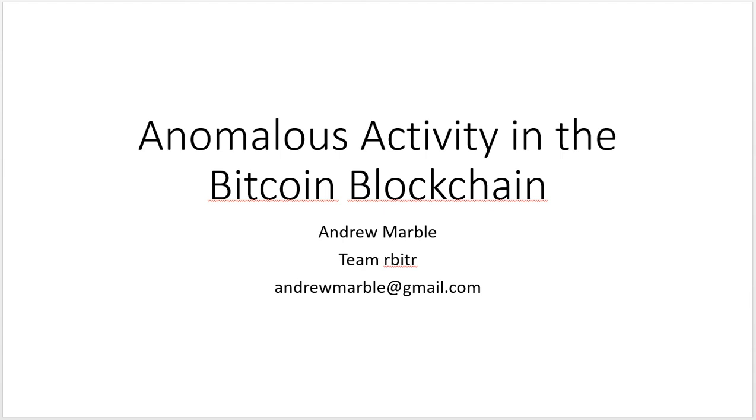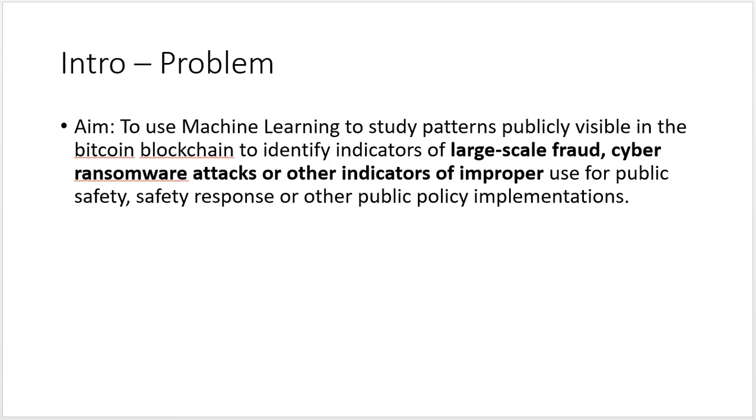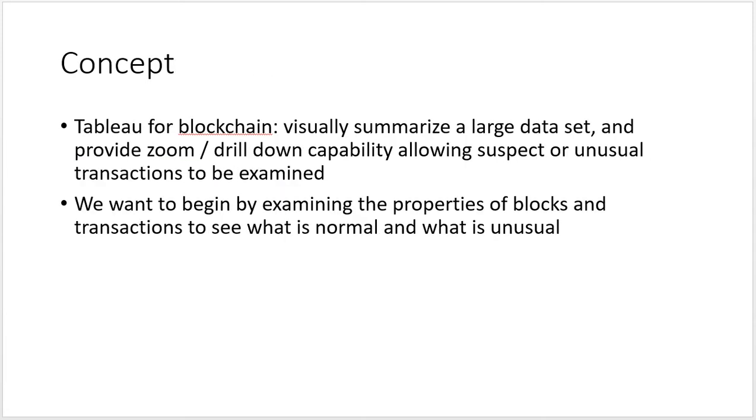Hi, I'm going to talk today about anomalous activity in the Bitcoin blockchain. The problem that we're trying to solve is to use machine learning to detect patterns that might relate to fraud or other cyber activity on the blockchain. The concept is to visually summarize the large data set that is the Bitcoin blockchain and to be able to drill down into things that look funny in order to more closely examine suspect